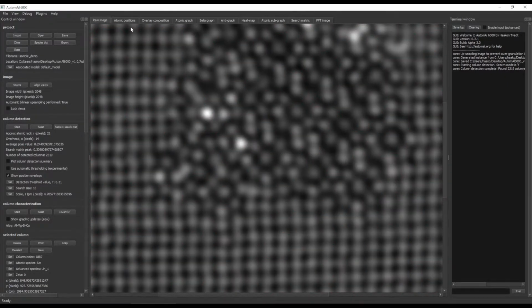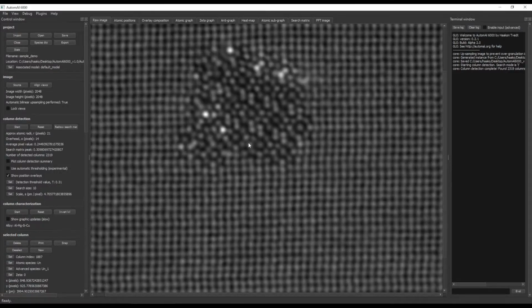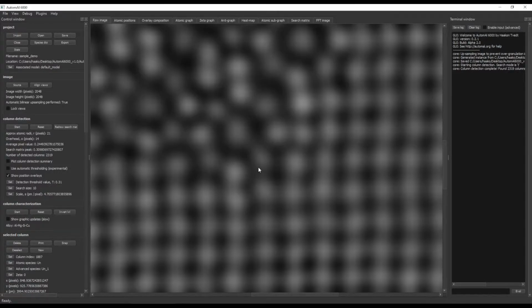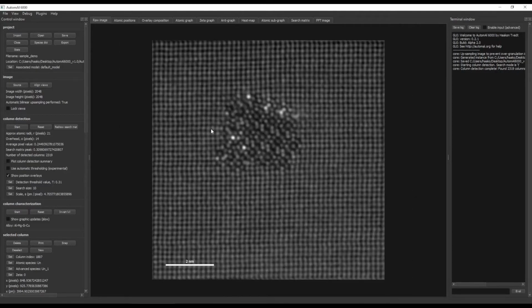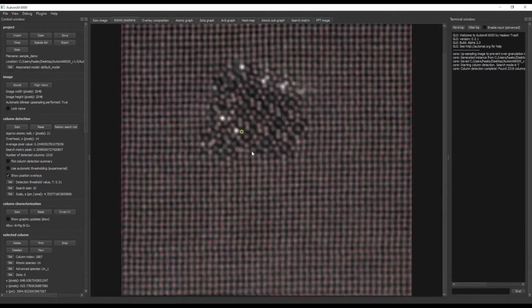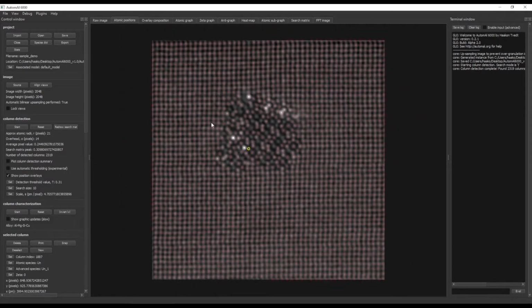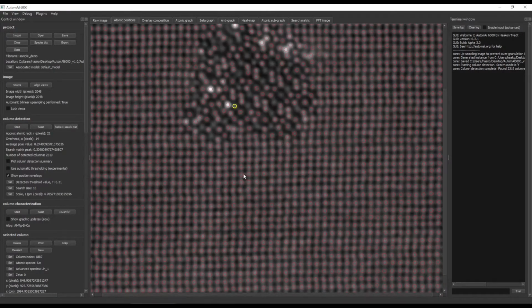But you can also individually align. So let's say I'm interested in this area and I want all other tabs to align to this area. I can press E, I believe it is, and then all tabs should be aligned to that area. So that's kind of useful, I think. So now we want to look at the column positions,